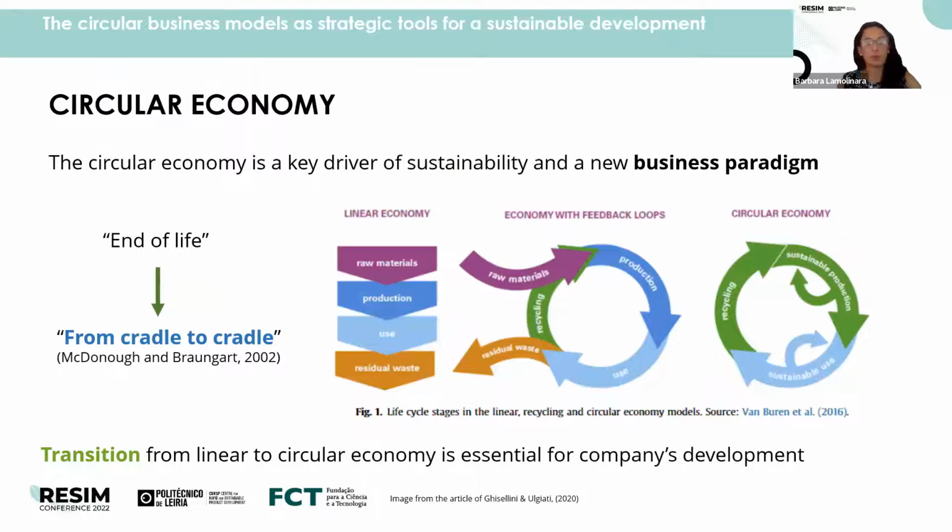Instead, when we talk about circular economy, we see it as a business paradigm to achieve sustainability. So to be sustainable, we need to change our economy from a linear one to a circular one. We are now a little bit in the middle, as we can see in this nice image. So we have some feedback loops, but somehow we are not completely circular in our economy, but we tend to